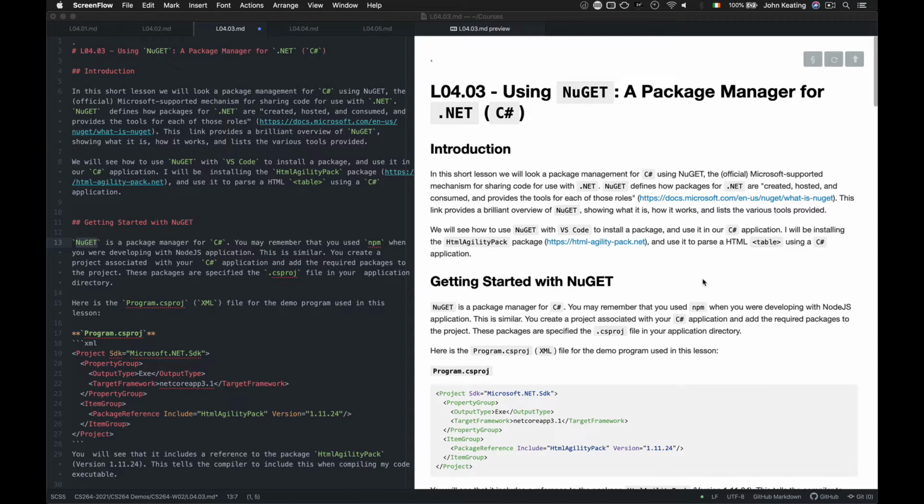In this short lesson I'm going to be telling you about how to use NuGet, a package manager for .NET, and for our purposes, a package manager for C#. NuGet is the official Microsoft supported mechanism for sharing code for use with .NET. And NuGet defines how packages for .NET are created, hosted, and consumed, and provides a whole suite of tools for